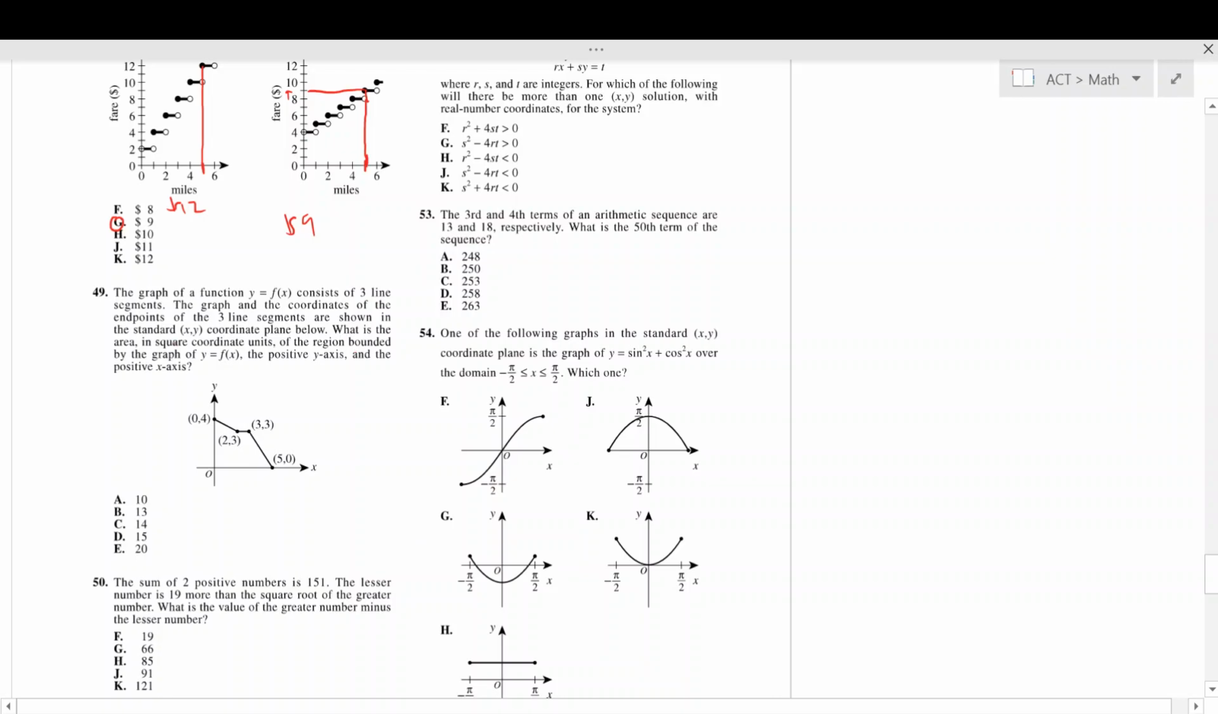What is the area in square coordinate units of the region bounded by the graph of y equals f of x, the positive y-axis, and the positive x-axis? So there's actually lots of ways to do this question. We're just looking for the area of the shape here. You could split it up many different ways. I would probably